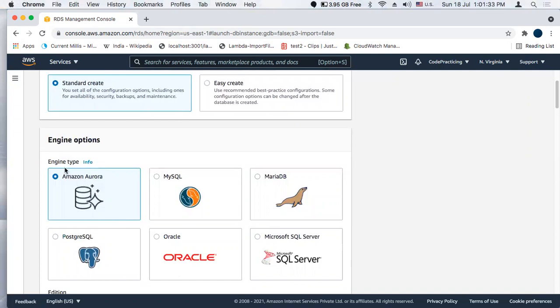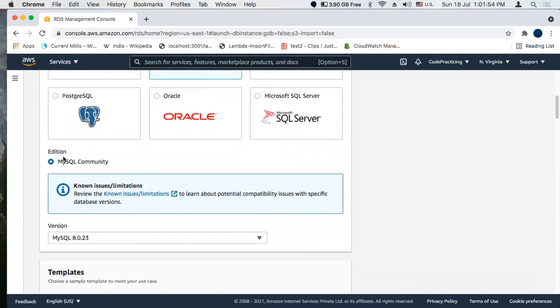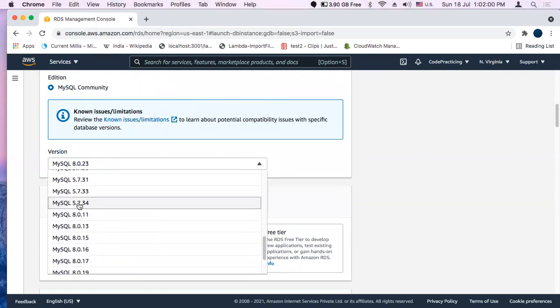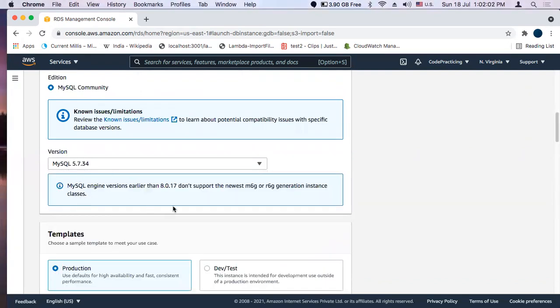The engine types provided by AWS are Amazon Aurora, MySQL, MariaDB, PostgreSQL, Oracle, Microsoft SQL Server. For this tutorial, we'll select MySQL. In addition, this MySQL Community Edition. Version, we will select the latest version of 5.7.